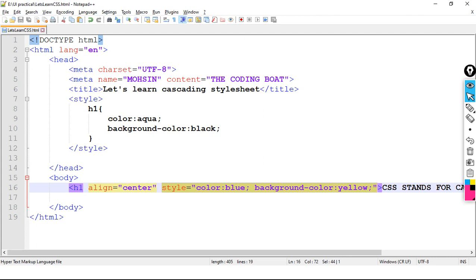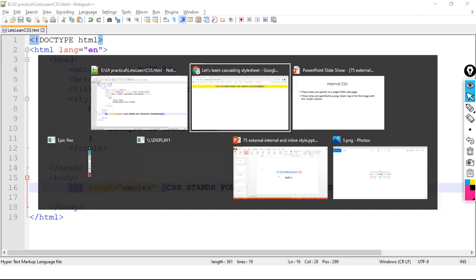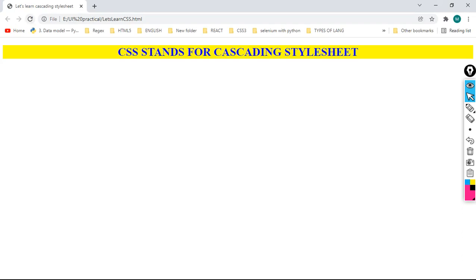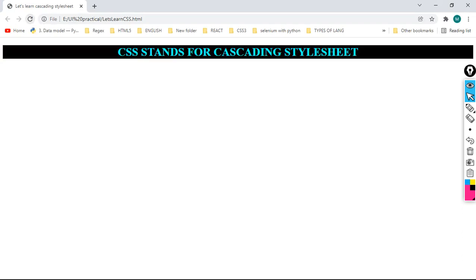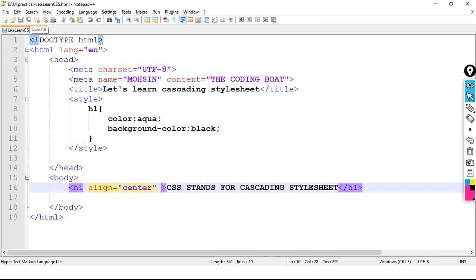So to apply internal CSS, I will have to remove this inline CSS style property. So I am making some changes at line number 16. Save the code and refresh. Now our internal CSS is in the role.